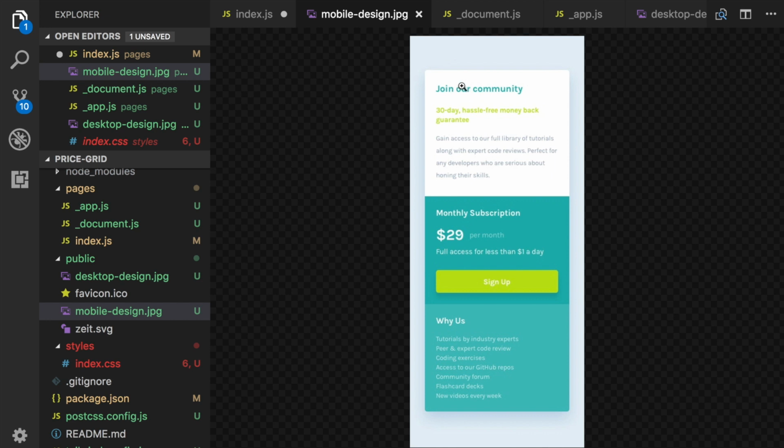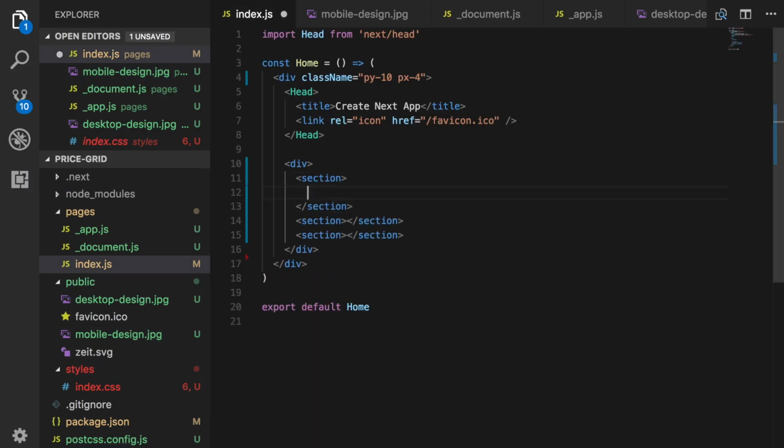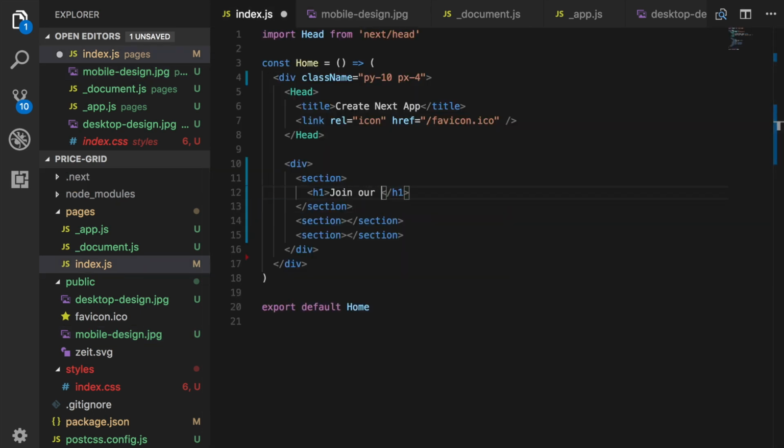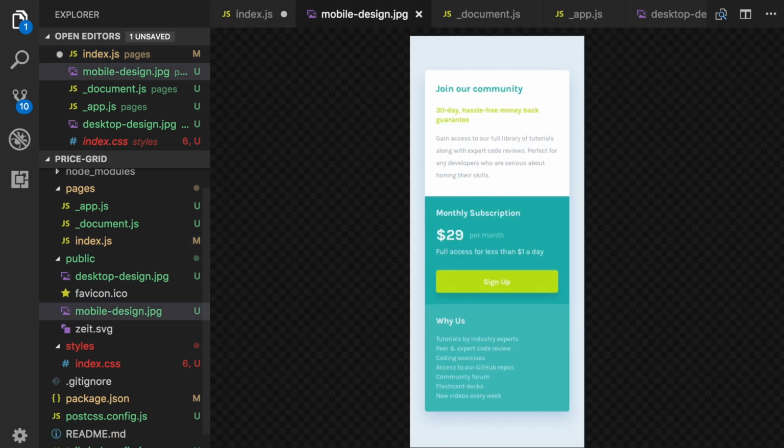And for the top one, we have another 3 sections. So we can make this an H2. This could be or this can be an H1. This will be an H2 and a P tag. So let's go back and let's add an H1, and this will say join our community, and then we'll add an H2. So this was 30-day hassle-free money-back guarantee,